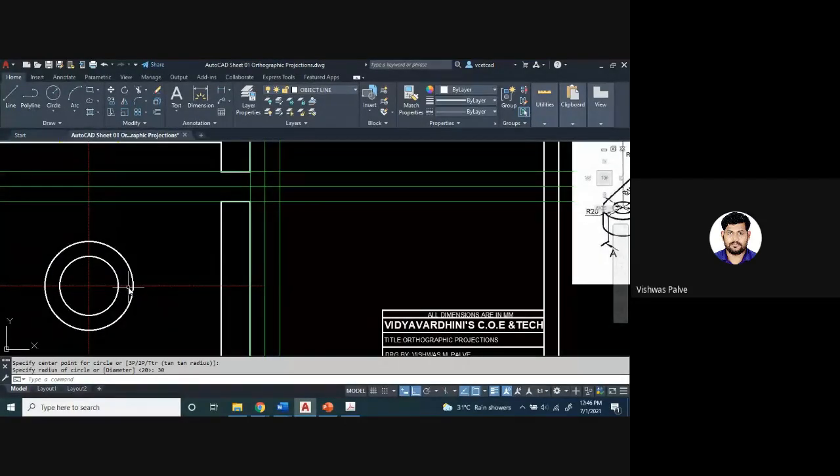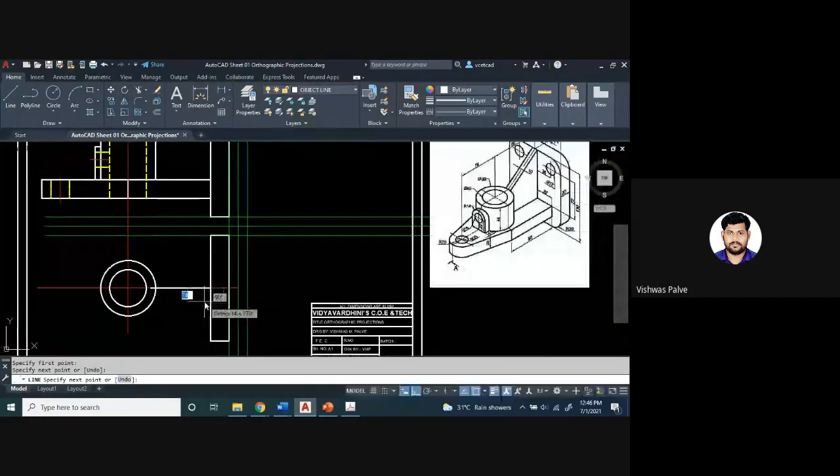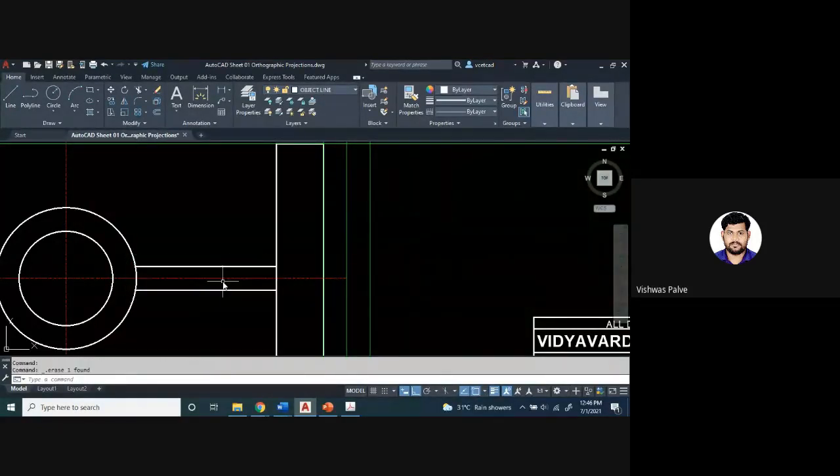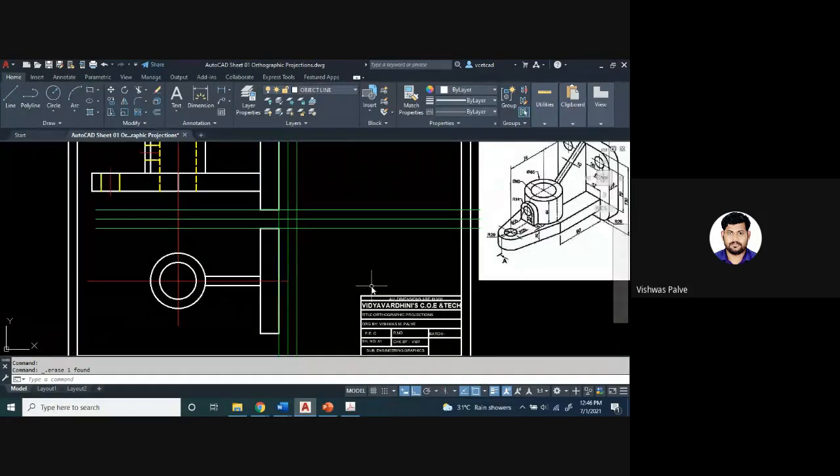So L enter, line, and rib thickness is 10 millimeters, offset of 5. PR double enter. This was drawn as a reference. So this rib portion also I have drawn.